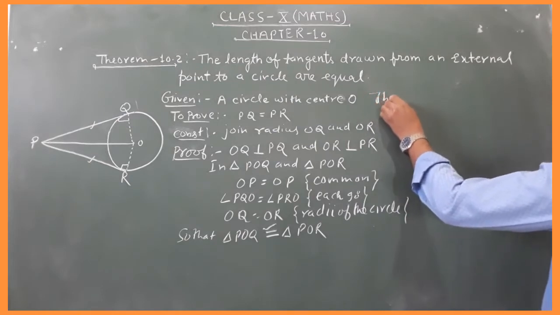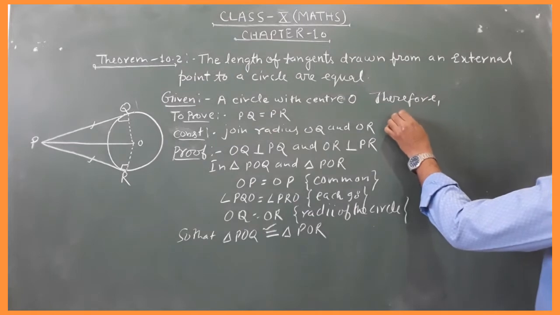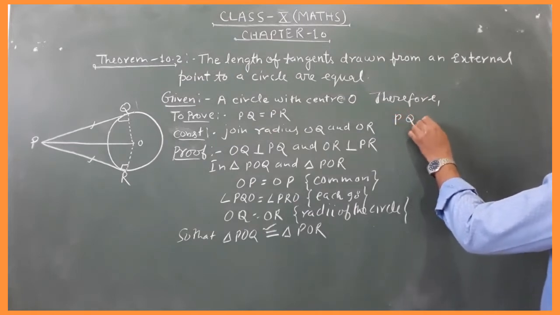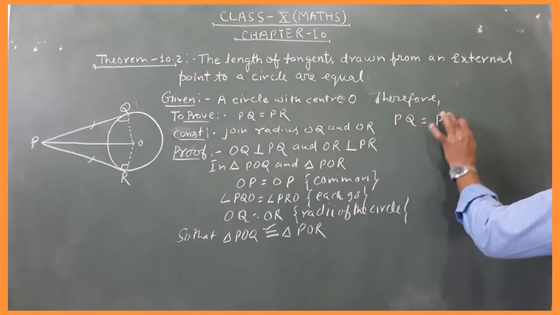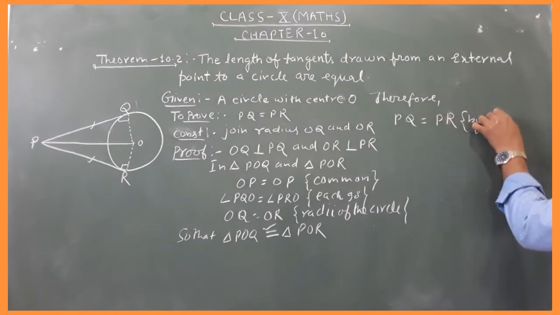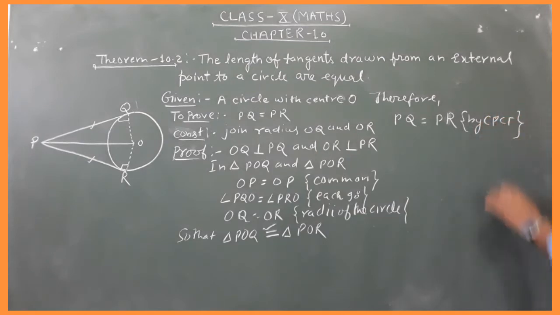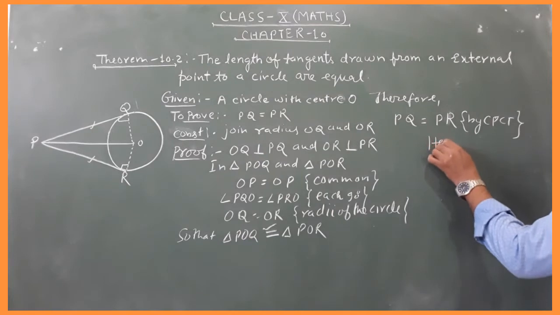Therefore, by CPCT, PQ is equal to PR. इस तरीके से ये थ्योरम प्रूफ हो गई है।